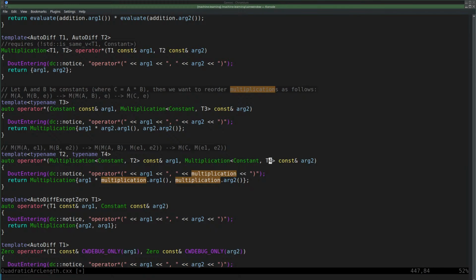Multiplication times a multiplication that both start with a const. And then we do